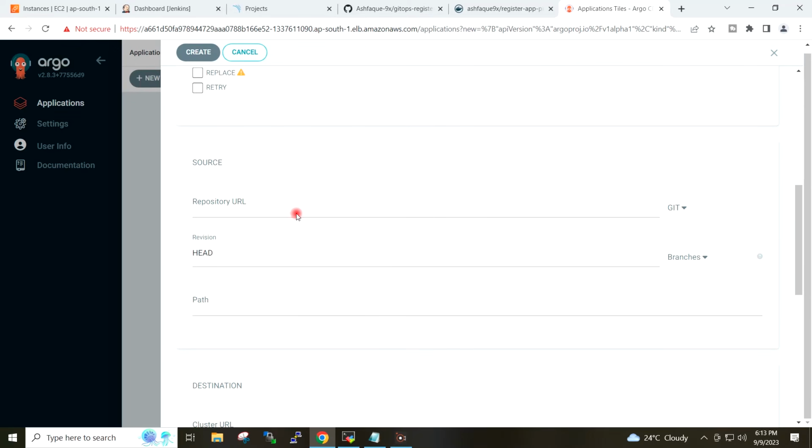And the repository I will select my GitHub repository which I had added in the previous step, and this repository contains the manifest file for the Kubernetes. Path I will select dot slash.